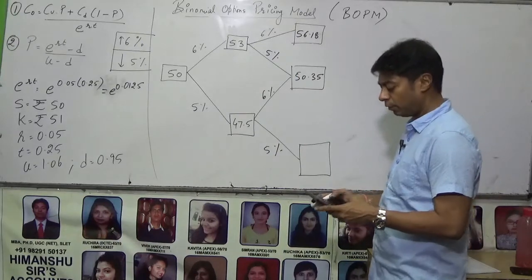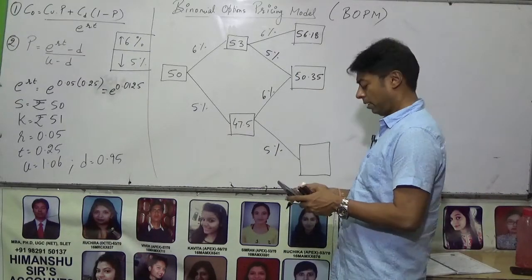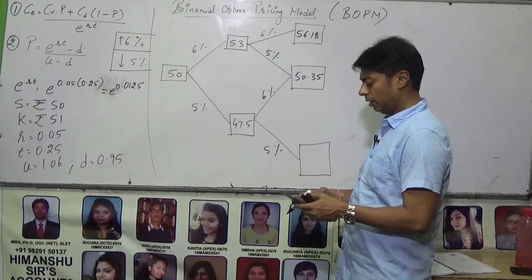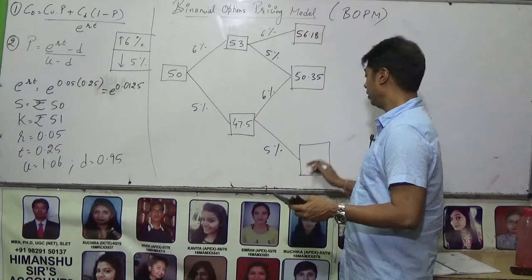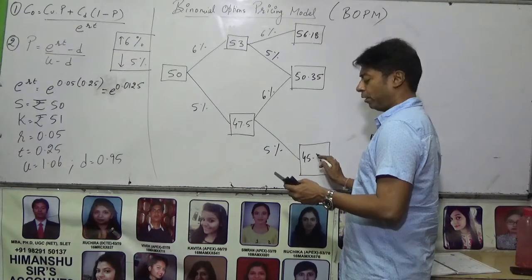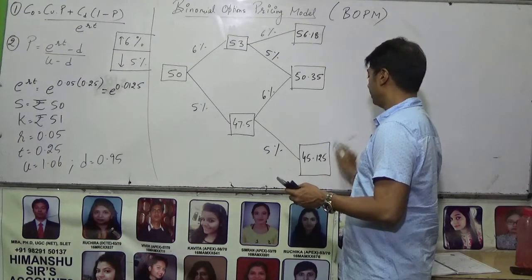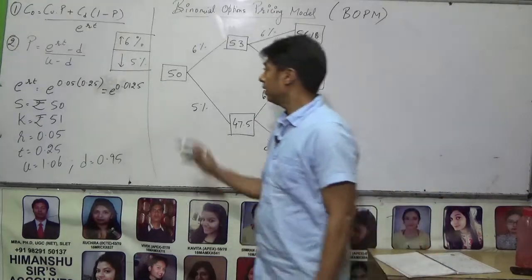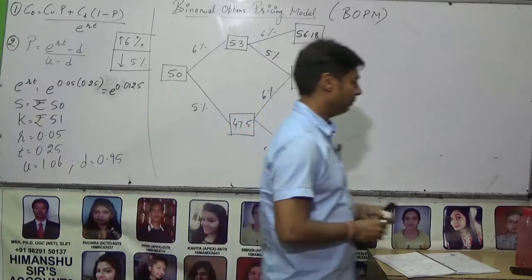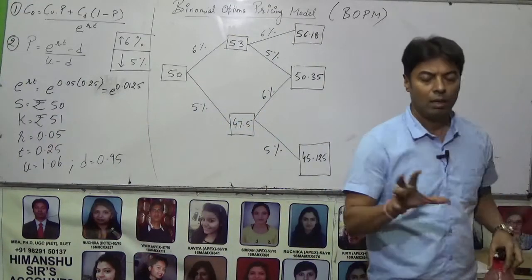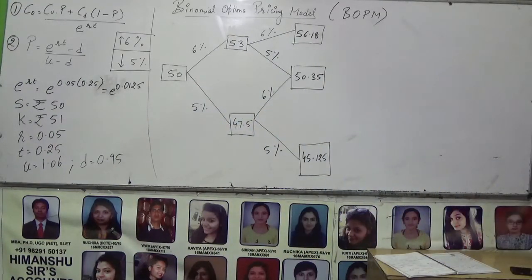Next, from 47.5, if you are going to decrease, it decreased by 2.375, you subtract it and you will get 45.125. Right? Now please take down this table. I am giving you a break of a very short while. Please take down the values up till here. Then I am going to construct the tree for call option.